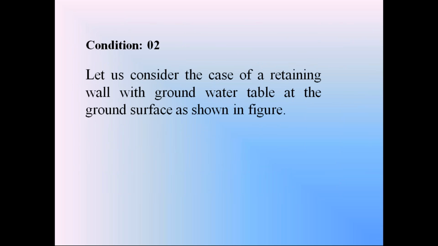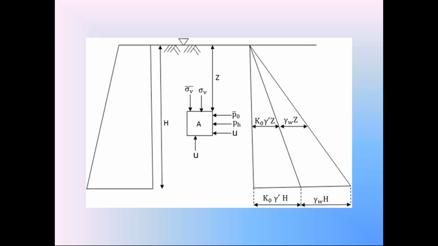So the condition 2. Just now we explained the condition 1. In the at rest horizontal earth pressure, the backfill is partially saturated. But in this at rest horizontal earth pressure, we have the condition 2. In that condition 2, we assume the entire backfill is in totally saturated condition. This is the diagram. So please everyone check this diagram on your cell phones.